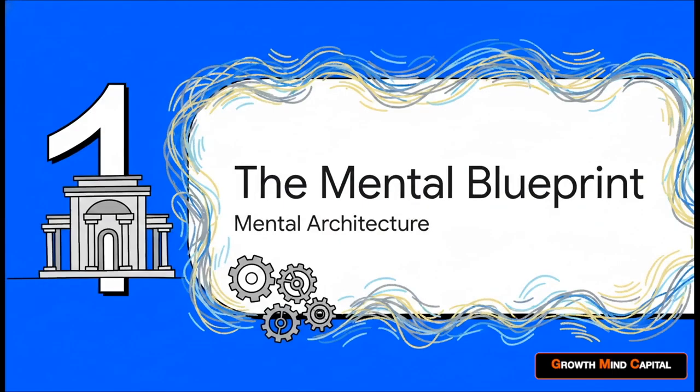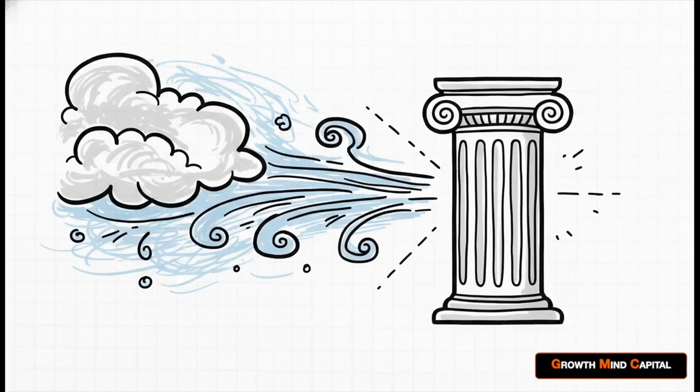Section 1. The Mental Blueprint. Let's take a look at how this mental architecture is actually laid out. To really wrap our heads around this, we have to look at the mind not just as a biological organ, but as an actual physical structure. And hey, any piece of architecture has to deal with two fundamental realities, right? You've got the external environmental forces pushing against it and the internal strength of its own walls holding it up. The source material breaks this down into two very distinct pillars, those forces pushing against us on the outside and the structural integrity we've got to actively construct on the inside.